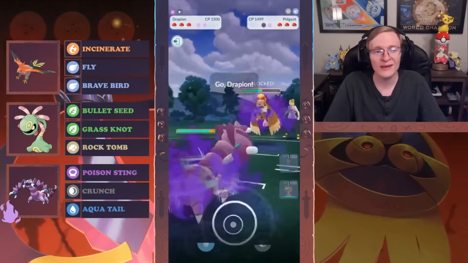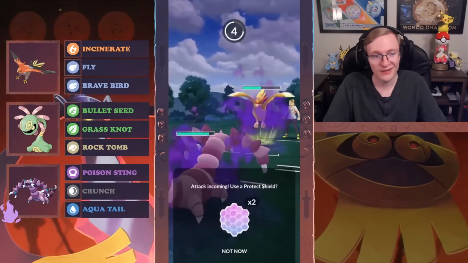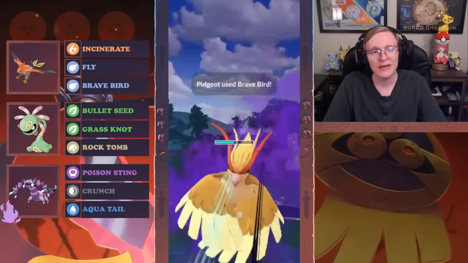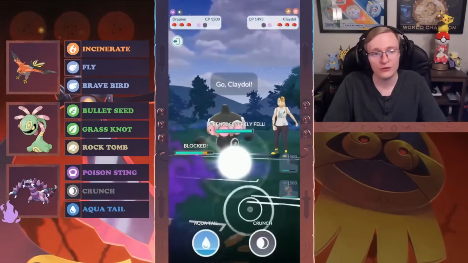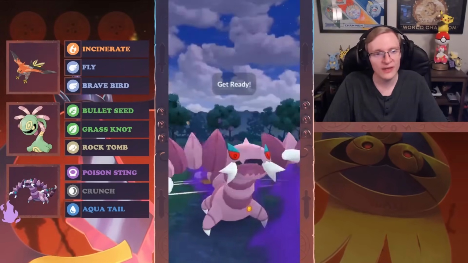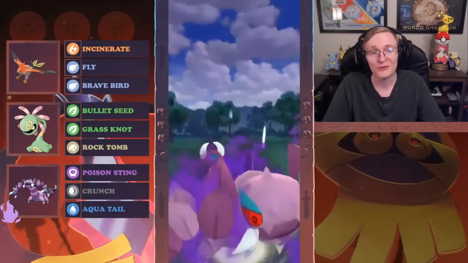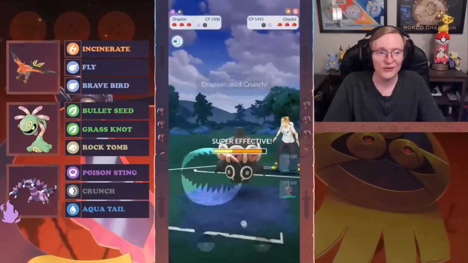I can go for an instant fly there. The timing works out very nicely with a 5-turn into a 4-turn move if they can't throw very early on. And we're able to now swap into our Shadow Drapion, actually shield up a Brave Bird. They full send. They tried to kill my Shadow Drapion. That's unkind. But I'm able to shield that up, go for the crunches against this Claydol, and start chipping this